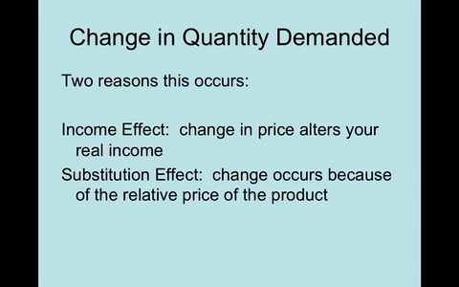This might happen more likely in an area where there's a lot of choices. Like if you really like fruit, and you could do peaches or nectarines. Well, if the price of peaches drops relative to the price of nectarines, you're going to buy more of those. Okay, so that's the substitution effect. Again, as that price goes down, relative to other things, you're going to buy a few more of them. Again, I want to emphasize these are all price issues, and they're all related to change in quantity demanded. That is the critical part.